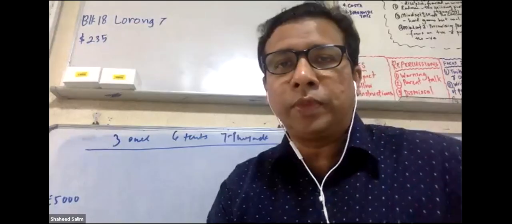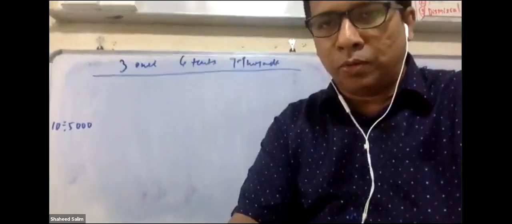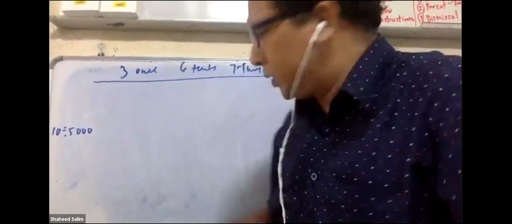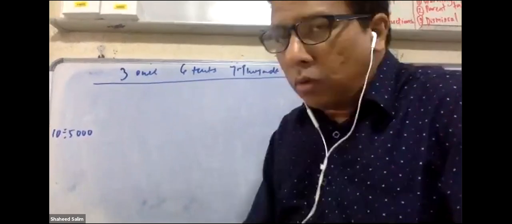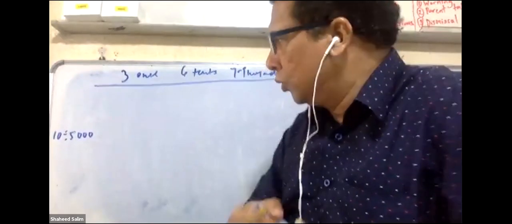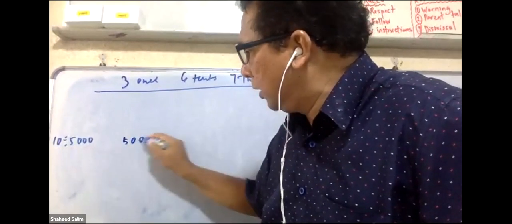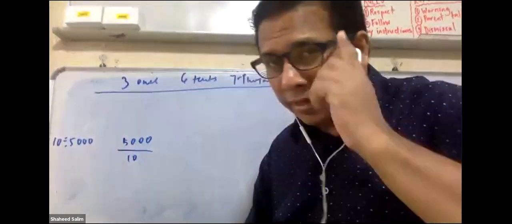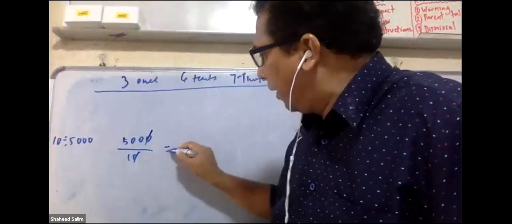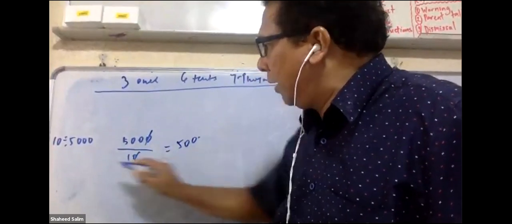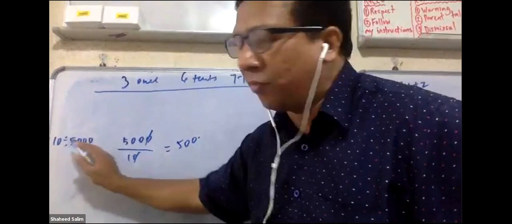So here we go. First of all, let's start with a very simple one. Rayana, please look. Now, 3 or 4 of you, I do not know, you did this. You saw 10 divided by 5,000, but you did 5,000 divided by 10. Automatically, your mind did this. And then you divide, you get 500. But the question is not saying 5,000 divided by 10. It's 10 divided by 5,000.